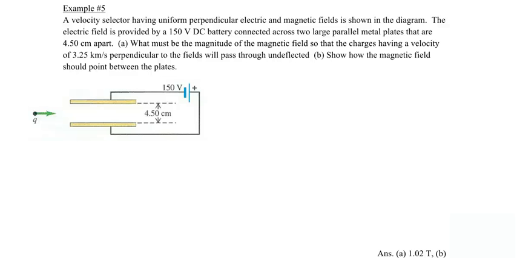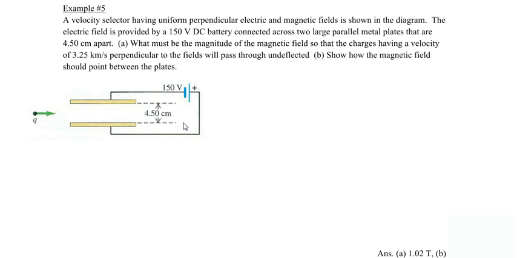Welcome to example number 5. This example involves a velocity selector, which is essentially a device that separates the different charged ions that would be coming into a mass spectrometer to make sure that they all have the same speed, regardless of the mass or charge that they have. So what will happen in this problem is we'll see two fields being crossed, an electric